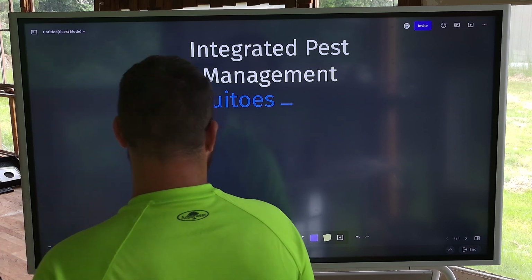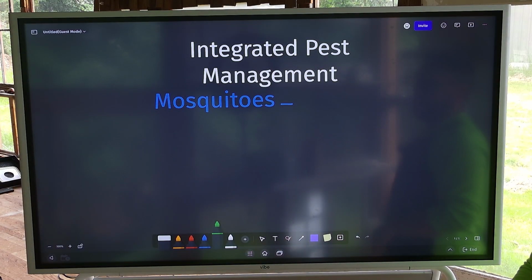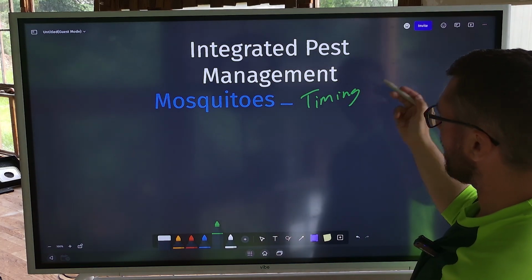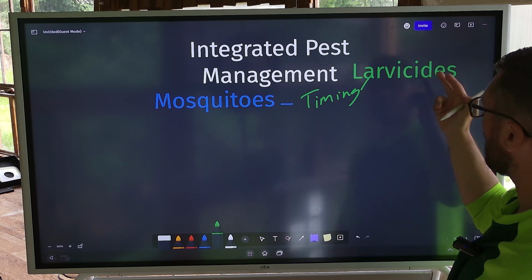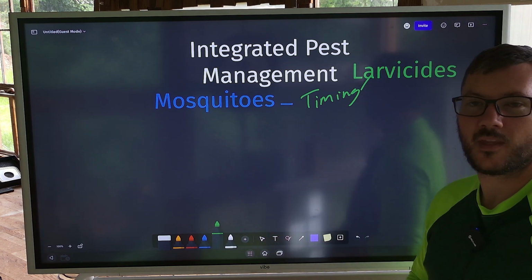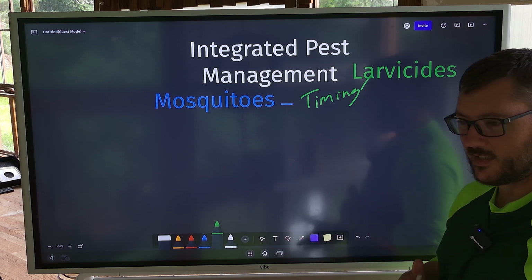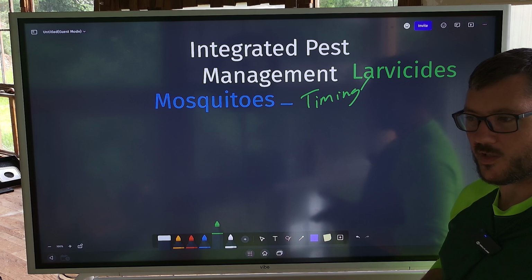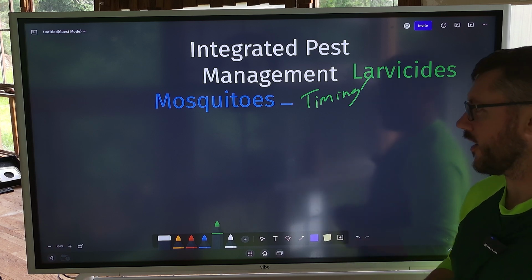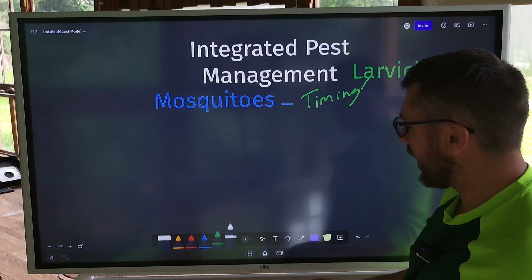Mosquitoes, okay? How do we deal with mosquitoes in an integrated pest management way? Well, timing, right? We have the timing of mosquitoes. When are they most susceptible? We have larvicides. Larvicides only affect mosquitoes, and you can use organic bacterias that do it. There are some chemical methods, but I find that the organic bacteria, why would you introduce a chemical if you have an organic bacteria that does it? But we have larvicides, we have the timing, we have